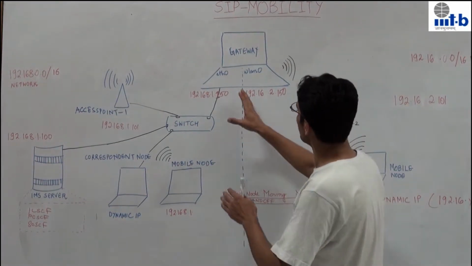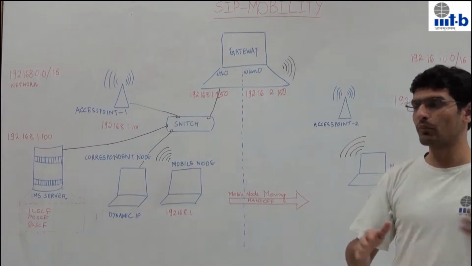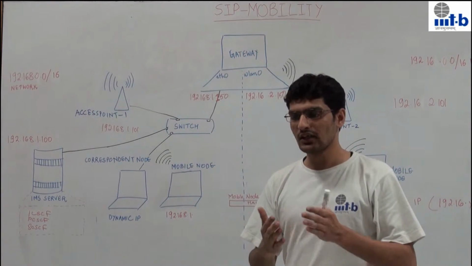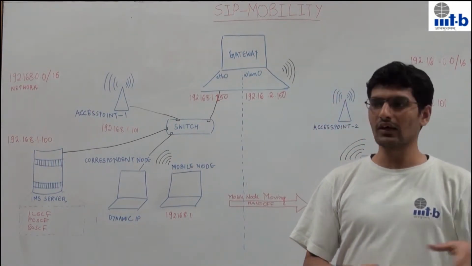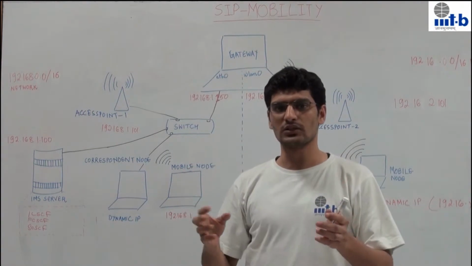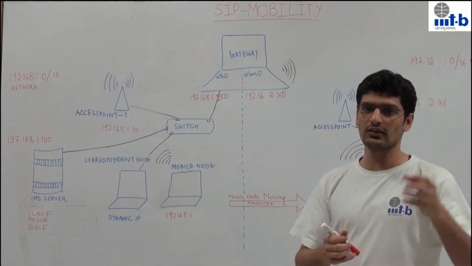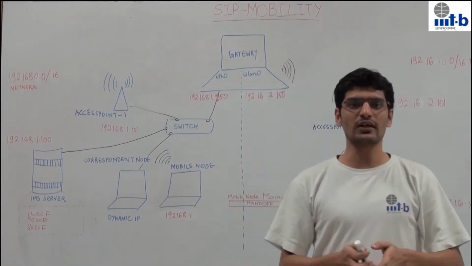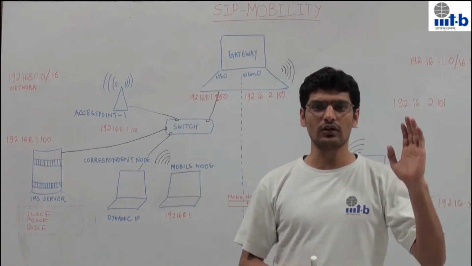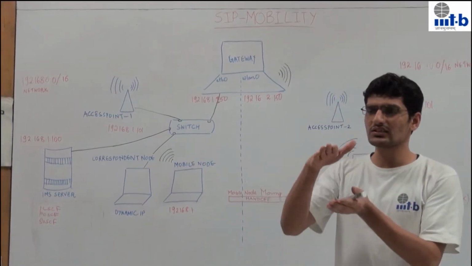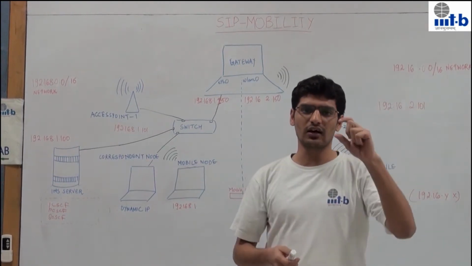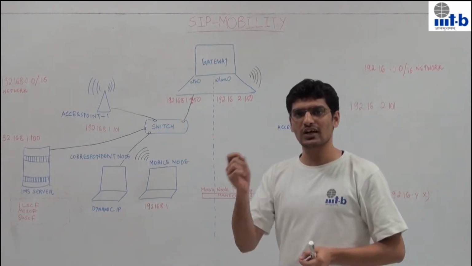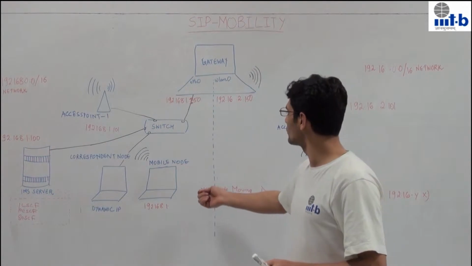Handoff detection means detecting the RSSI level, the signal strength level, from both access point 1 and access point 2. How we get connected in wireless is, whenever we go to an area, we receive signal strength from multiple access points. Our NIC card receives the signal strength, and every manufacturer has defined its own levels. Suppose Cisco has 128 levels and Netgear has 110 levels, and signal strengths are mapped to these levels. These levels are called RSSI level, which stands for relative signal strength indicator. Based on this RSSI level, we get connected to access points.